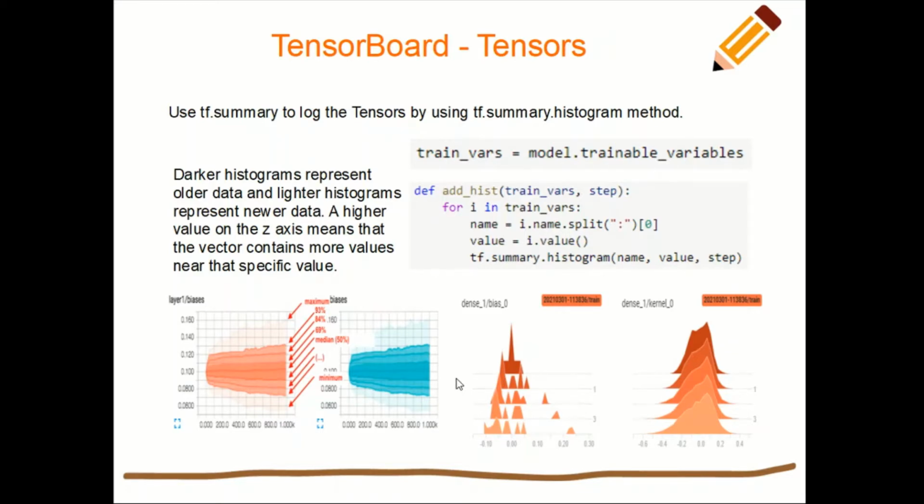But just keep in mind that we can log any kind of tensors using tf.summary.histogram, and we can iterate through the trainable variables of the model and push them as a histogram for it to be visualized in the TensorBoard. Okay, and there are two views here. One is a distribution view, and another is the histogram view over here.